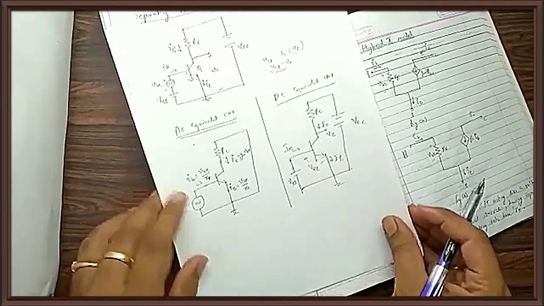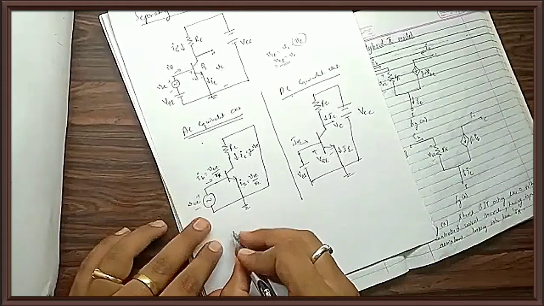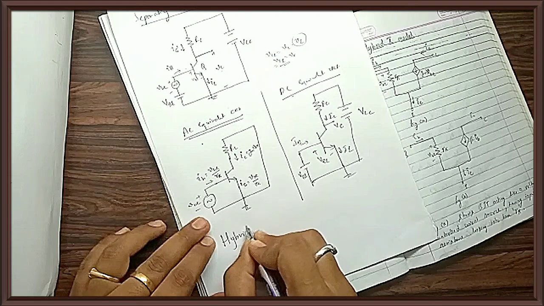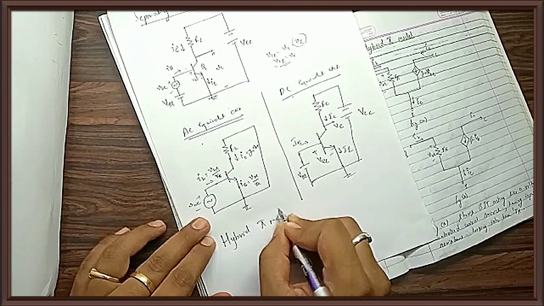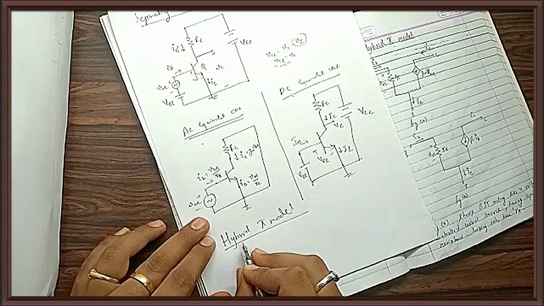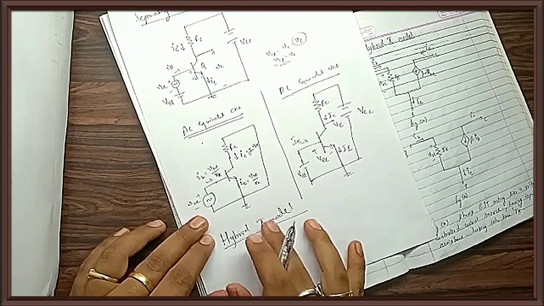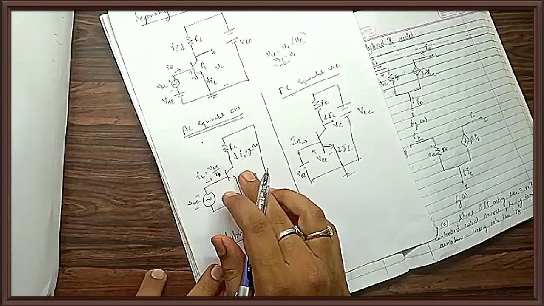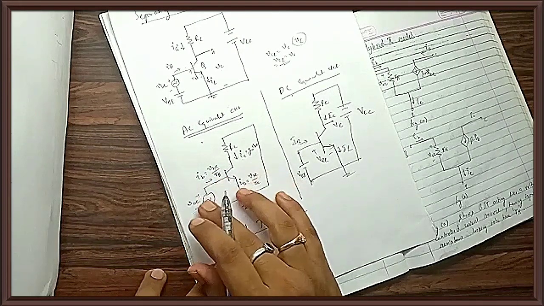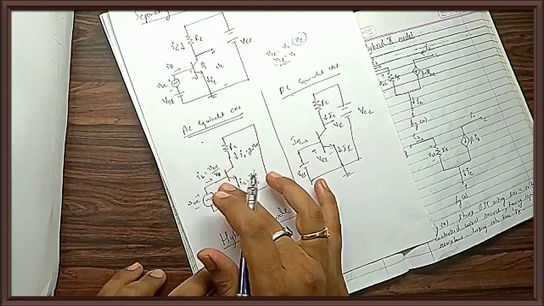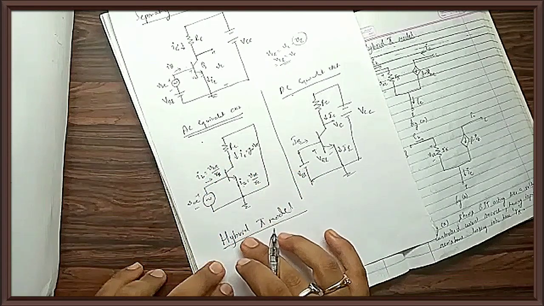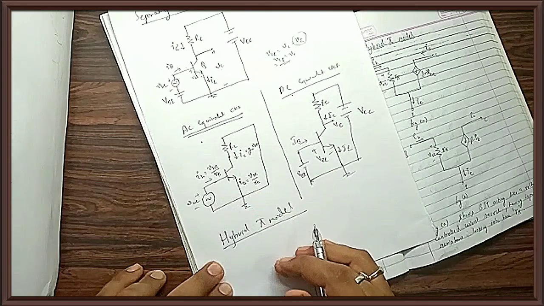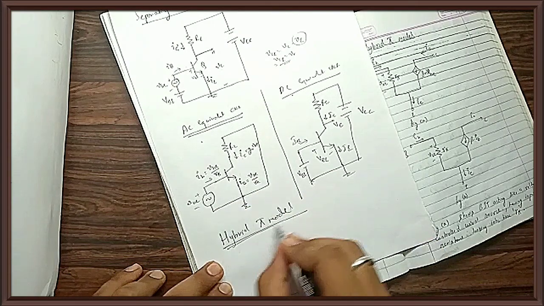Continuing my diagram explanation, I will next try to find the hybrid pi model. The hybrid pi model is an AC equivalent circuit for a transistor. Whenever I want to understand circuit behavior or operation when I apply an AC input signal, I can replace the transistors by this hybrid pi model, analyze all the current equations and get a detailed description. Fine. So how to draw this hybrid pi model?